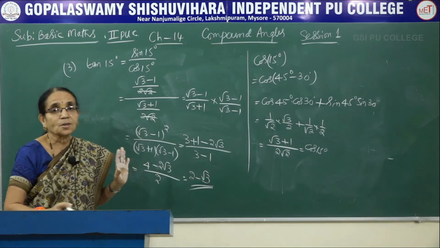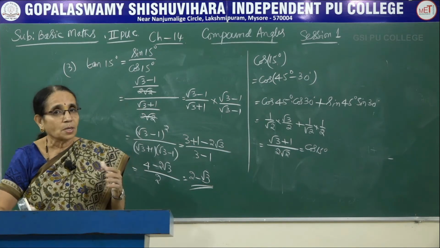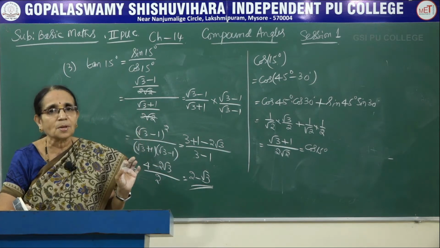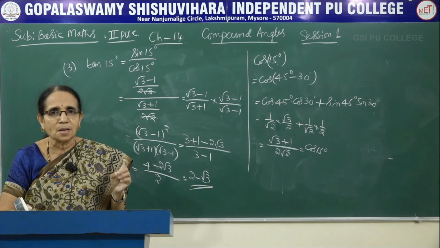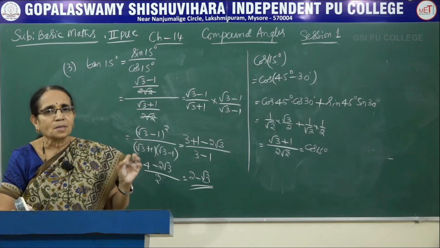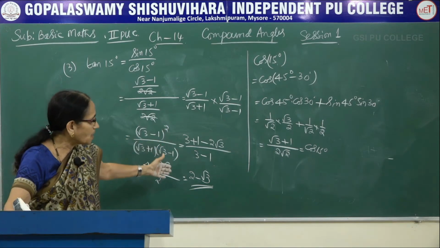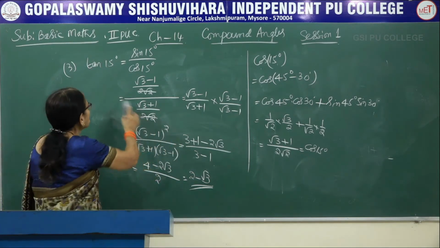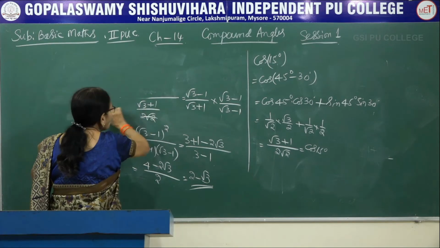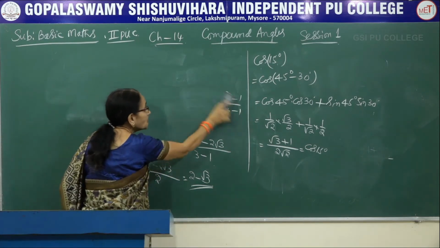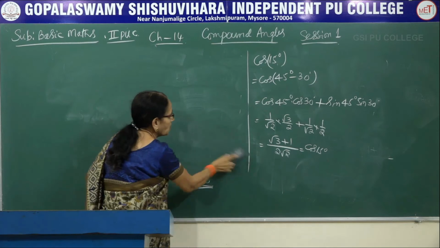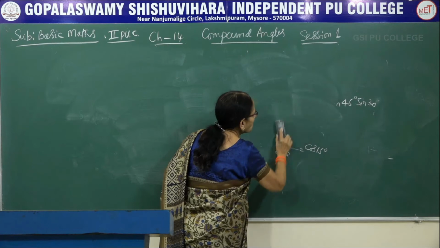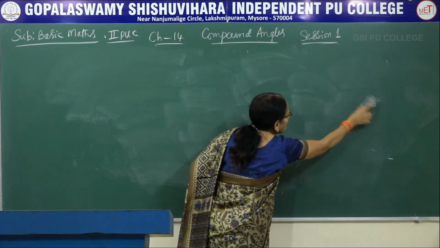Now these are the two most standard values. Whatever you had learnt in the first year PUC, we have to add this also to the list. That is 0 degrees, 15 degrees, 30 degrees, 45 degrees, 60 degrees, 75 degrees and 90. These are all standard values. Wherever you want them, you can use them. Now 15 degrees and 75. Of course, if you want to get the value of secant 15 or cosecant 75, you know that they are the reciprocal ratios of certain ones. Suppose you want to get the value of secant 15 degrees.